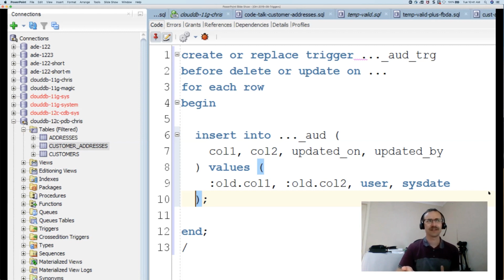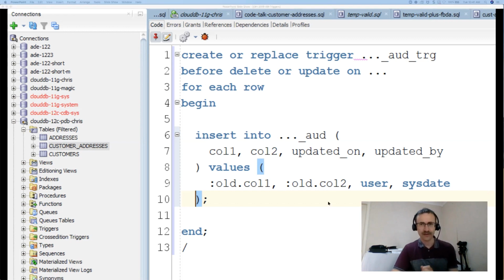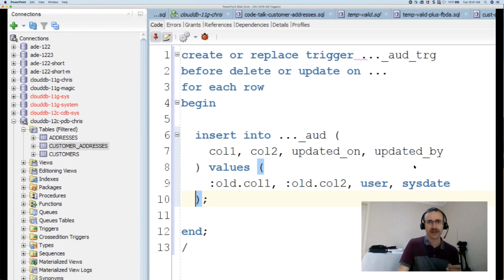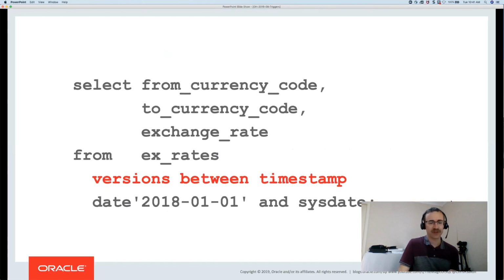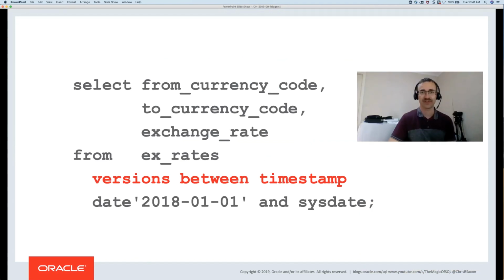And so the question then becomes, how do we capture these changes? How do we audit them? Well, next slide, Stephen. Some of you may well know there's a technology called Flashback. Flashback query, which you can use to view the changes that were made to a table within a period of time. Here we can say we're looking at everything that was made between the start of 2018 and today. And we can see all the changes to the table, the whole state, except, if you click again, Stephen,